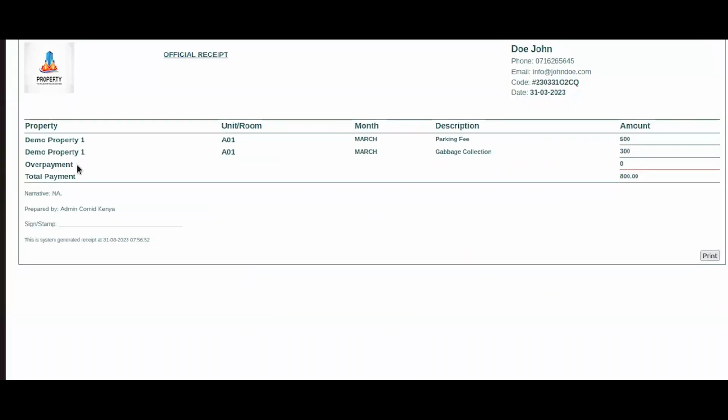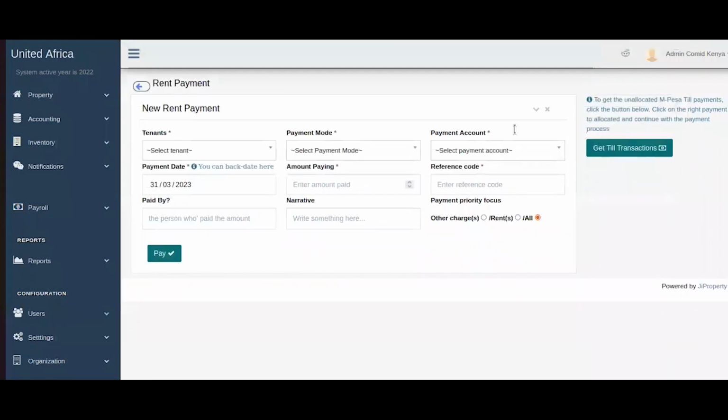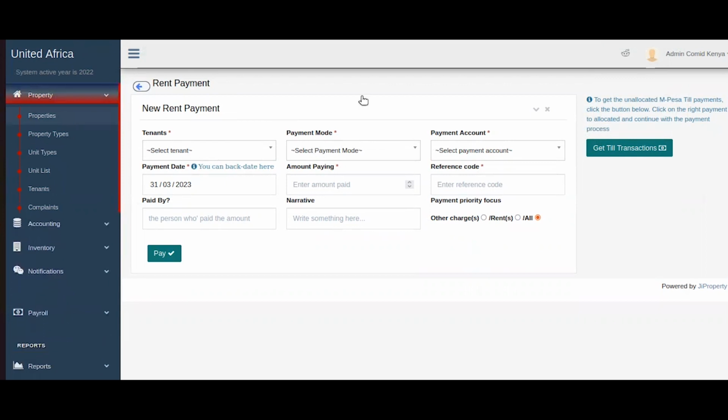And now you can see it has been distributed equally between the parking fee and the garbage collection fee. Automatic. You don't have to do anything else. Yeah. So that is how efficient and how this particular rent payment form can help you reduce the workload and the stress. So if you decide to even navigate to that property,